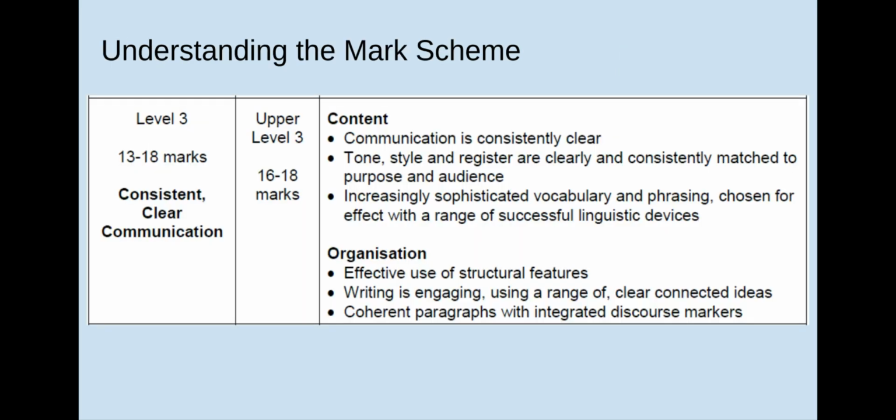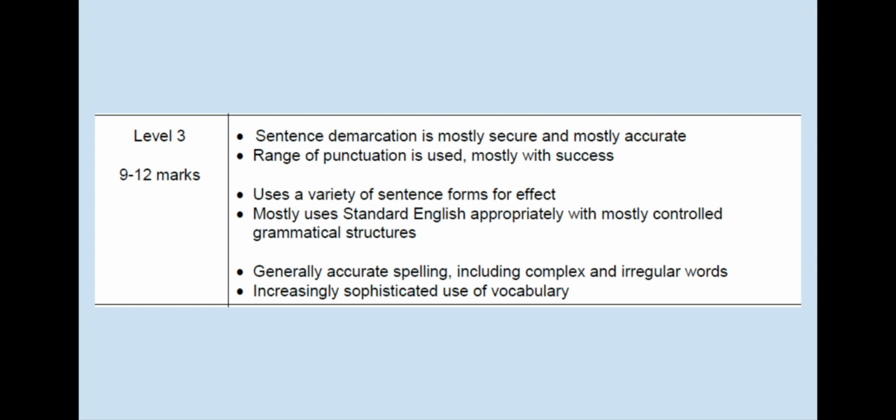If we look at a part of your mark scheme for clear and consistent communication, it's broken into content and organization. So your content is your story. Your organization is how well you are drafting and structuring your story. So keeping those two close together is a big, important push. So you're looking at clear communication, clear style and tone, sophisticated vocabulary, engaging writing, coherent paragraphing, and some use of structural features as well. You're also looking for a clear range of sentences, some long, some short, a range of punctuation, variety of sentences, whether it's rhetorical or short sentences, long sentences, minor paragraphing of 1-2 words long, or minor sentences as well, of 1 or 2 words long. All these things are important